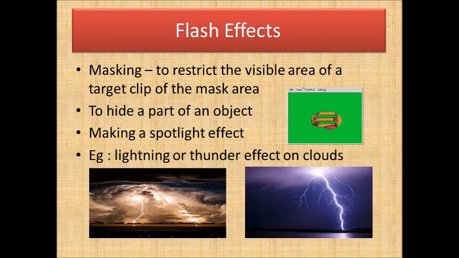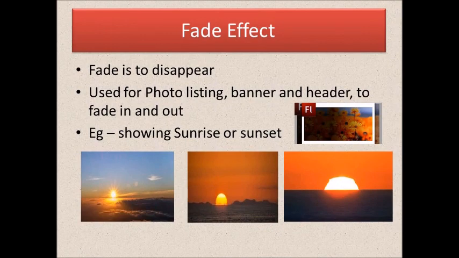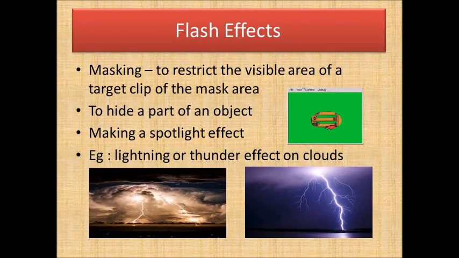You can have a circular mask and allow the audience to only see through that circular area so that you get a keyhole or a spotlight effect. We'll put a mask on one layer and the content that is masked in the layer below it. Children, on the screen you can find a masked object. You can see a circular mask is given and you can see a bookshelf in the background. That is how you give a masking effect.